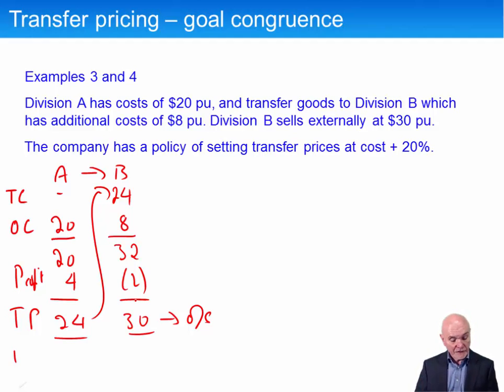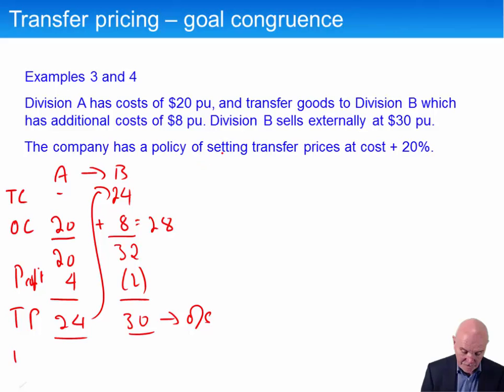But we want transfers to work because the total of own costs in here is 28. The external cost is 30, so the group can make a profit of 2, but you have to get both players to cooperate within that. So what transfer prices would actually work to make the transfer, what limits, what range of transfer prices would work to make both parties willing to participate in the transfer of goods.